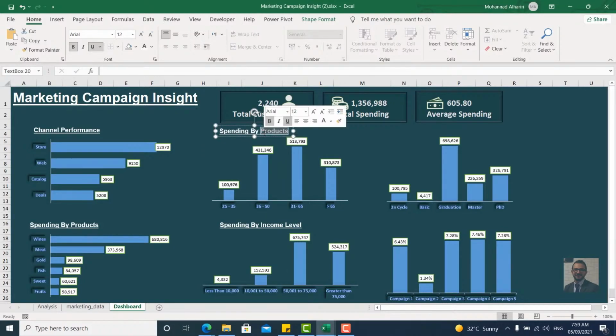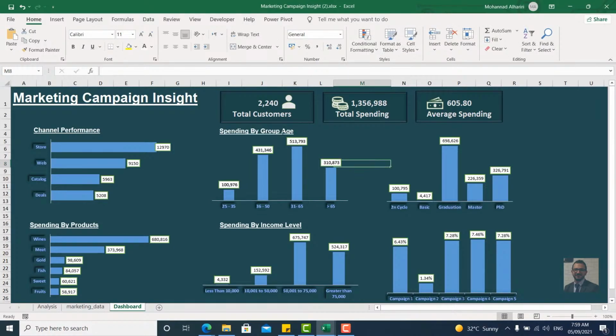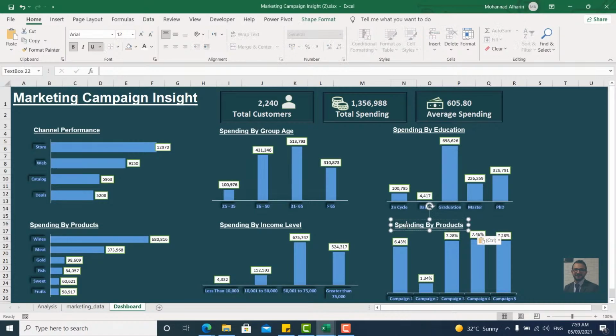And this one is spending by age group. And this is spending by education. And this is the campaign successful rate. Okay,